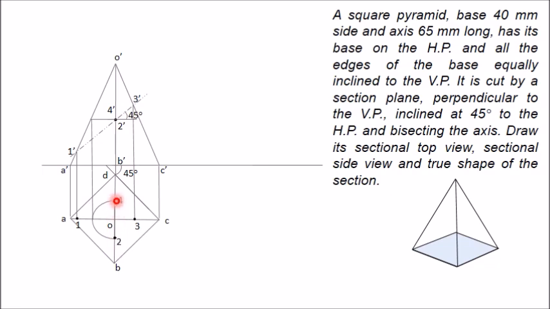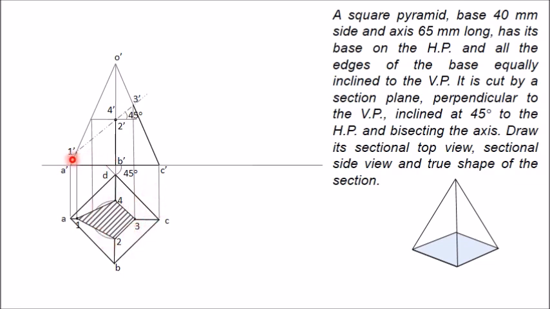Mark these points. Now you have cut using this section plane. You have cut the pyramid and this top portion is removed. So the remaining portion, mark all of it as a thick solid line. I have marked this remaining portion, this base and this side, as thick line, and similarly this part up to this part. And similarly join 1 to 2, 2 to 3, 3 to 4 and 4 to 1. That will be your section. This is the section. Mark and draw these hatching lines, which will be thin, equidistant lines, approximately 45 degrees from horizontal. You can mark these lines, and this is your final sectional top view.